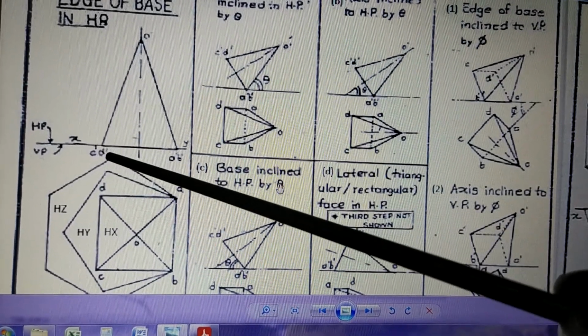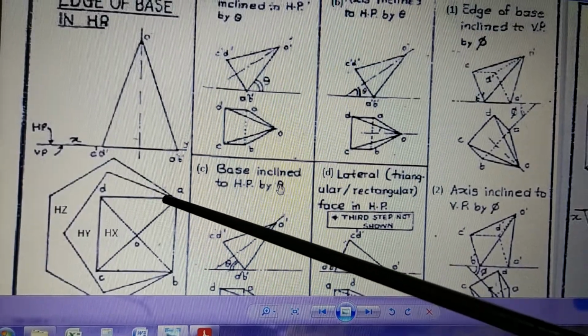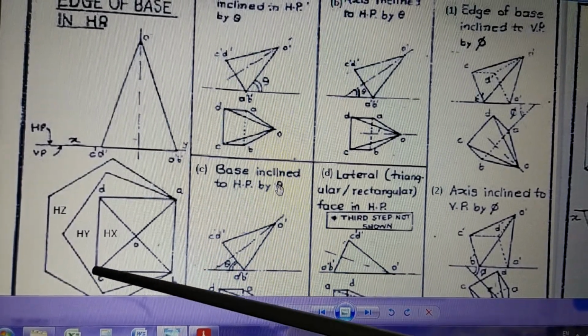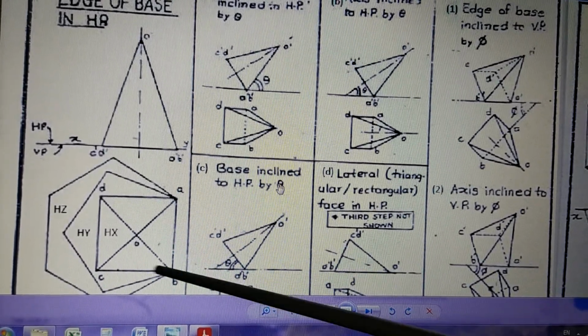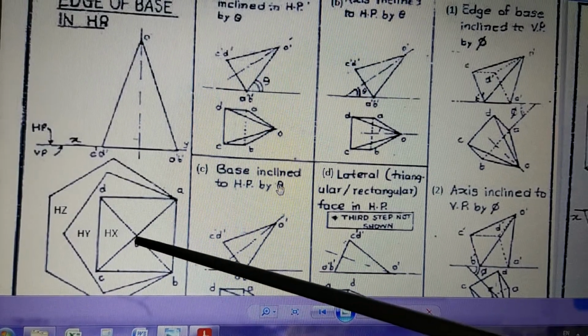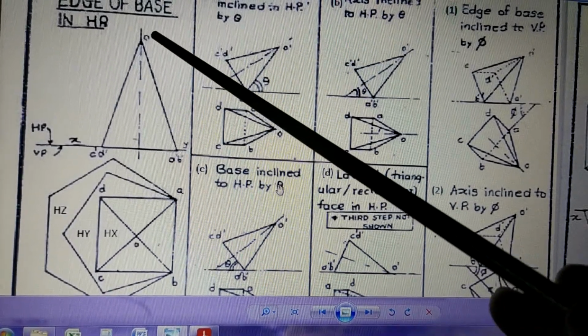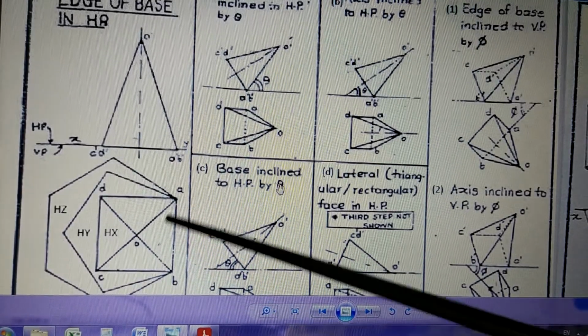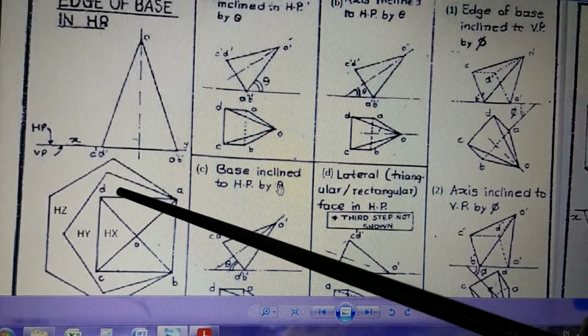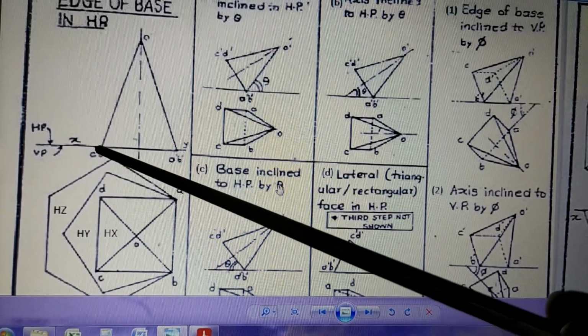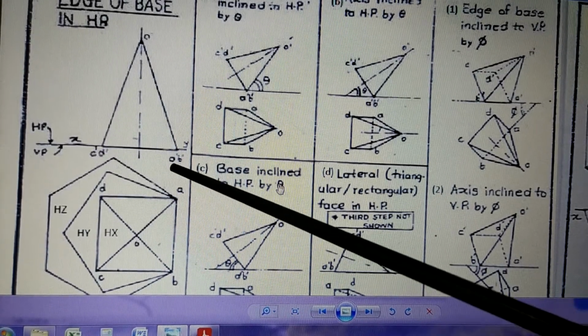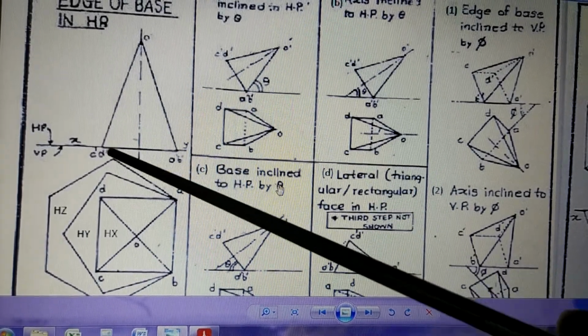So here there is one more thing that is done. The points are given some names. So here the base points A, B, C and D are numbered like this, and the apex is given as O. So this O is this O, A, B is here A, B, C, D is here C, D. It is shown by dash. So C dash, D dash, A dash, B dash, O dash. So this is the initial front view.